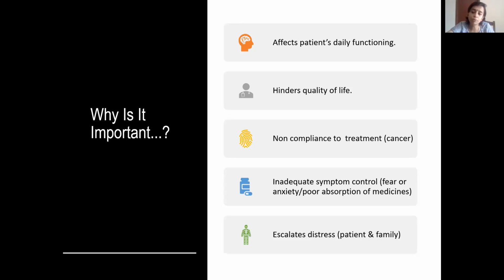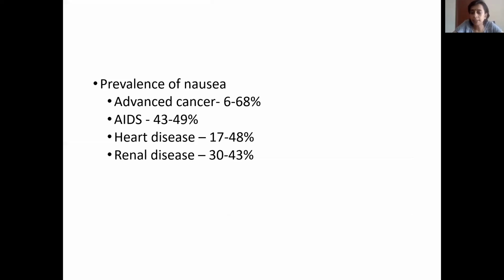And there will be a huge amount of distress among the patient as well as in the family. Because when your loved one is vomiting in front of you, unable to eat or drink anything, then the family gets really distressed, because he's undergoing a lot of treatment, a lot of medications he's taking, but he's unable to eat because of nausea and vomiting. So it is always a reason of distress among the patient and the family members, because it's very difficult to see someone keeping on vomiting all the time. And very often our patients will tell us that they are not eating because they have this nausea, the feeling of vomiting. Although they don't vomit, they just don't eat anything.